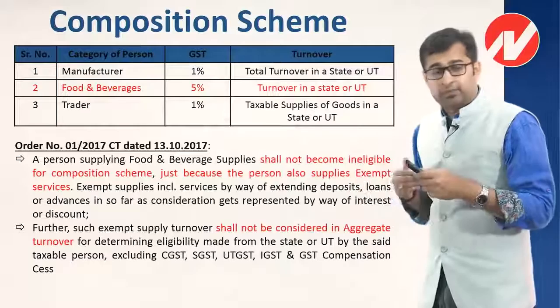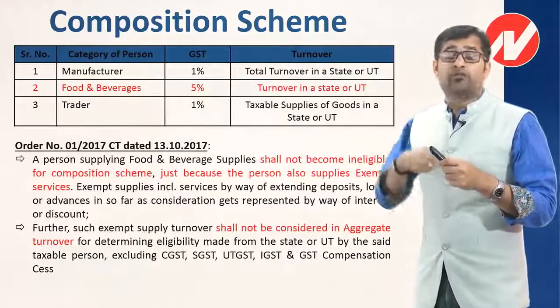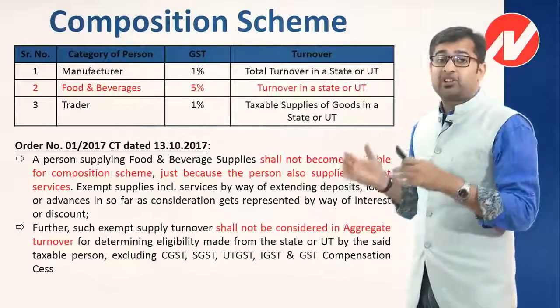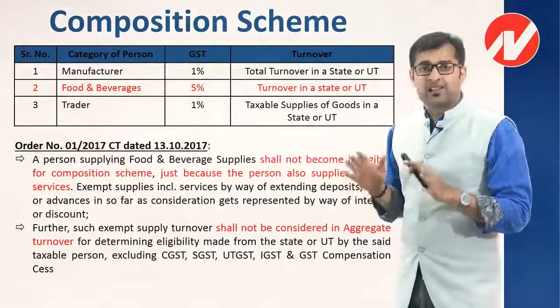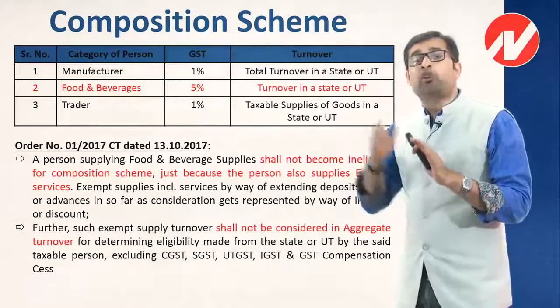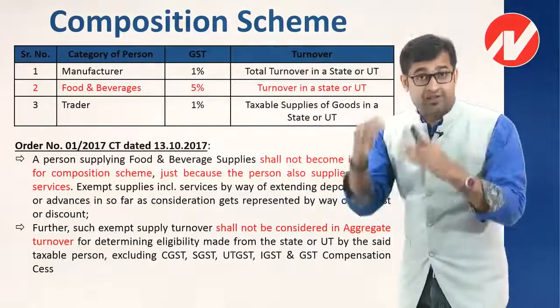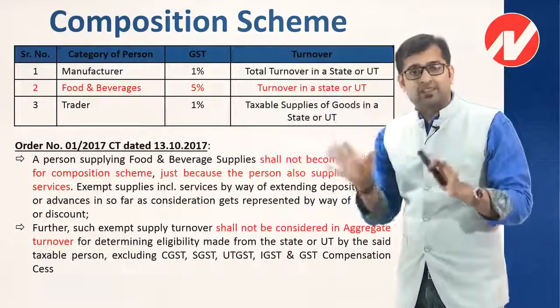And the term exempt supply will also include the services provided by way of giving deposits, advances or loan where consideration gets represented by way of interest or discount. So basically food and beverage के साथ अगर आप कोई और exempt service दे रहे हो तो पहले तो आप ineligible नहीं हो. Now comes an important aspect. ओके कि चलो मान लो कि मैं इनएलिजिबल नहीं हूं, मैं